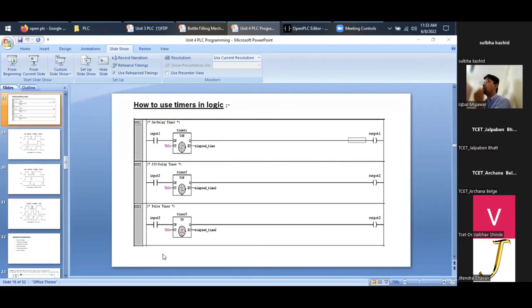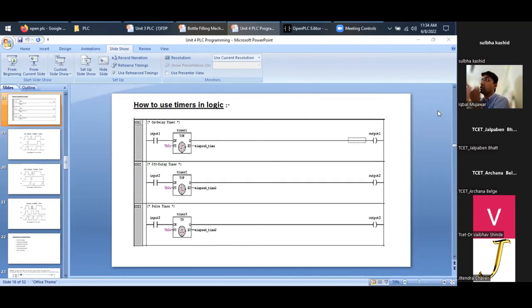Yes, ma'am. It is there, no doubt. If we are using a temperature sensor, that means we need to use the analog input output pins, because here we are continuously getting some kind of data, and that data we need to store. Then, as I said, the arithmetic operations: addition, subtraction, and division. There we can store the data. Some data manipulation blocks are there. I'm not remembering the name. In that we can store that data, and based on that we can execute the task as per our requirement.